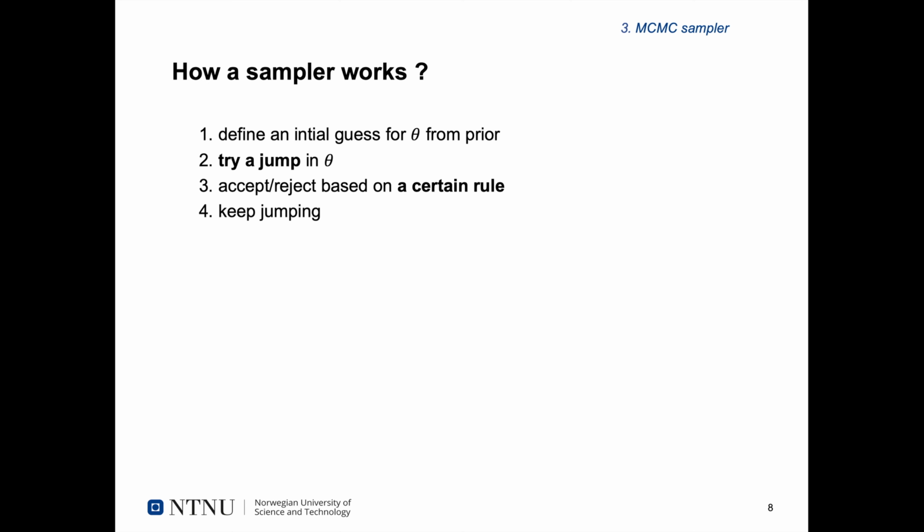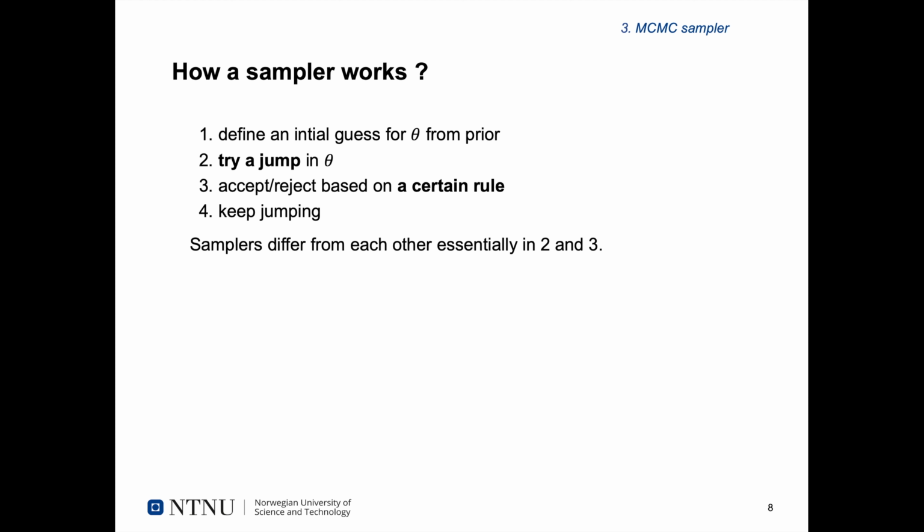So the next question is how a sampler works. Specifically, we have an initial value for theta as our current sample value. The sampler picks a candidate for the next sample value based on the current sample value. Then, with some probability, the proposal is either accepted or rejected, and the current value is reused in the next iteration. And we repeat this process many times to obtain a sufficient number of samples. The samplers are different from each other essentially in how they make a proposal of theta and how they accept or reject the proposal. For example,